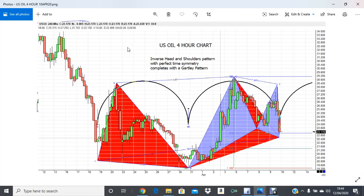We're looking at a chart here. This is crude oil, a 4-hour chart of crude oil. You can see we came down and made a low on the 18th of March, made a bit of a rally up and down, then made a lower low here on the 30th. Nice rally, came back down, did an ABCD to the downside. And on Friday's close you can see we've completed a head and shoulders pattern in time, a Gartley pattern,